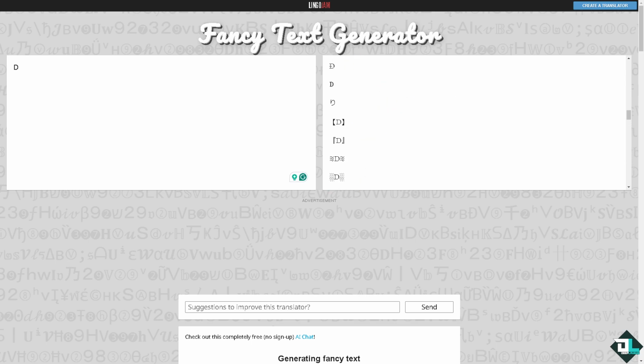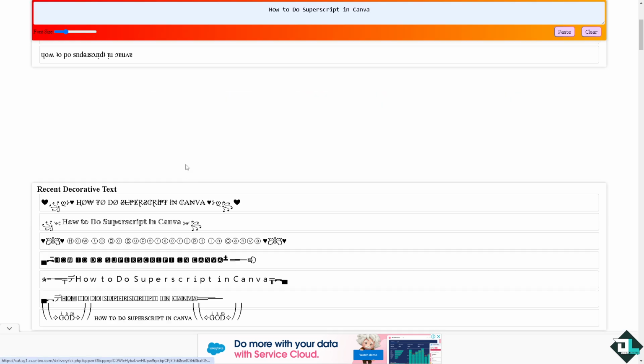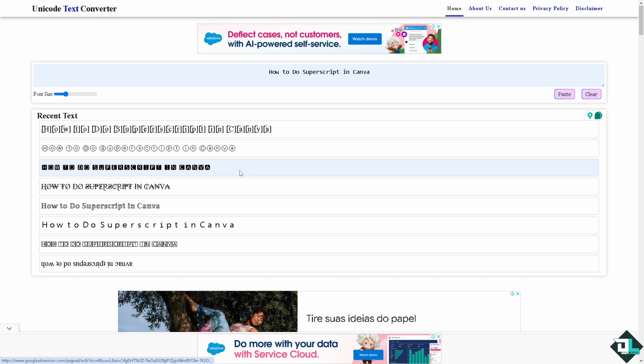Or you can also go here in this website. It's called Unicode Text Converter. Similarly to LingoJam, all I have to do is put in your text. And you might want to look for something that resembles the superscript, right? So you have all of these